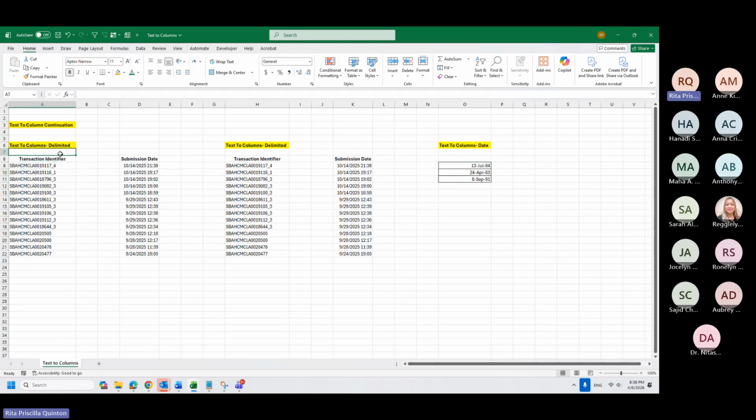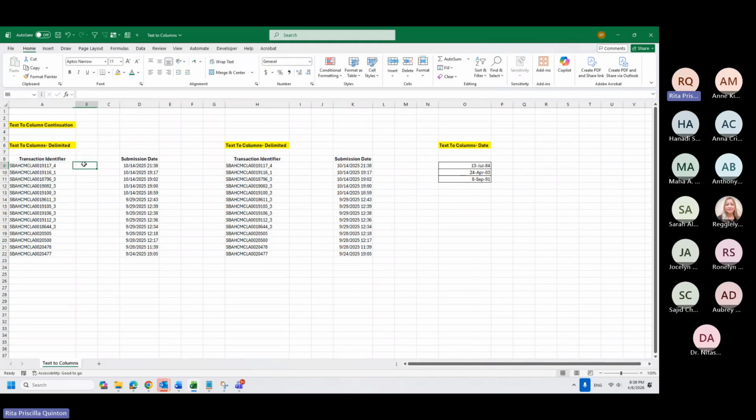Text to columns. This is a real-life example of how we get the claims from NAFIS. In our claims data from HIS, usually we don't have this number. We only have up to here, 766.